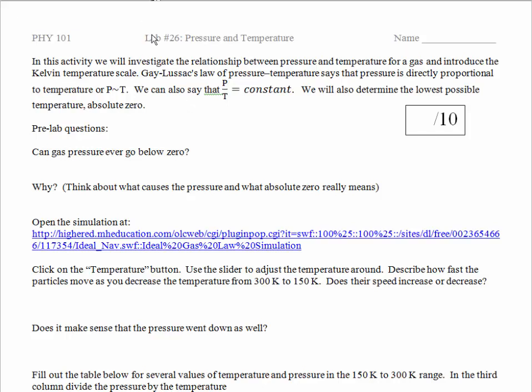Okay, this is the introduction for lab number 26. We're going to be taking a look at the relationship between pressure and temperature. And if I were to just think about taking a box or a container, a sealed container with a constant